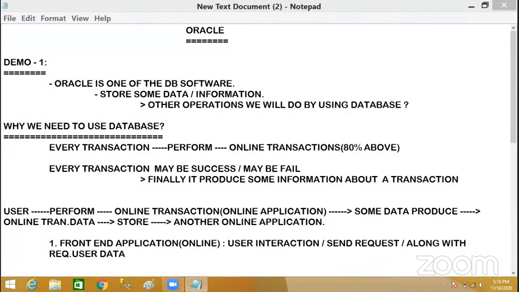Nitin is asking, sir, are there any jobs on only Oracle? Definitely. Without Java or .NET also, you can happily search for jobs on only Oracle. But when you search for jobs on the database side, two things you have to learn. One is complete Oracle, you should finish it.